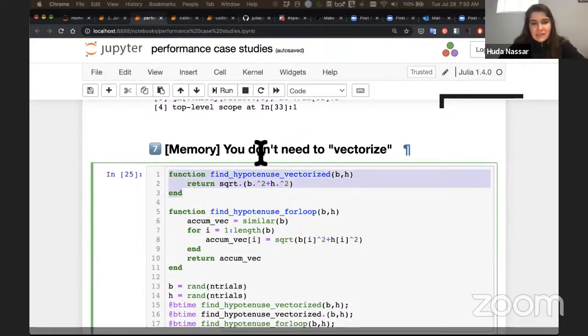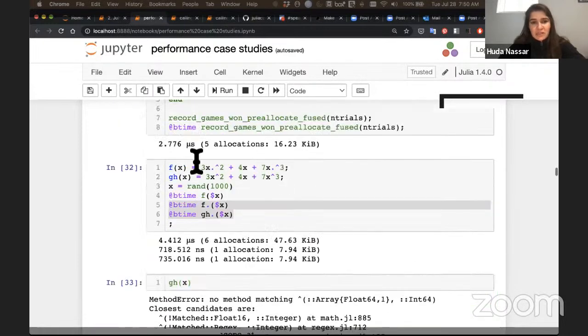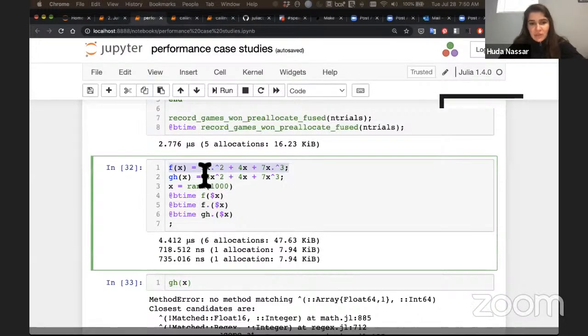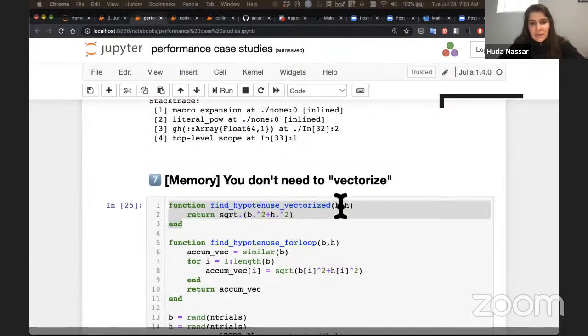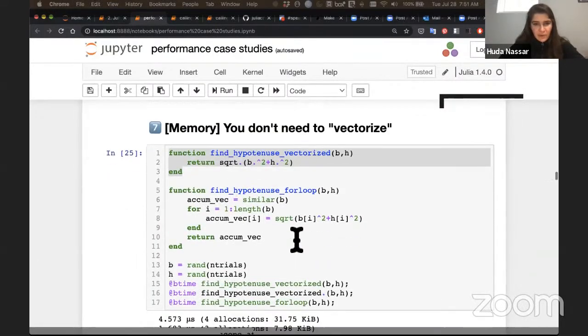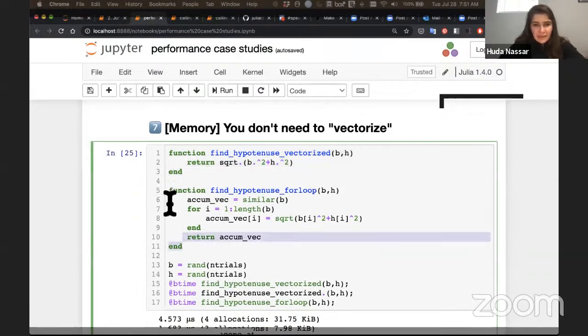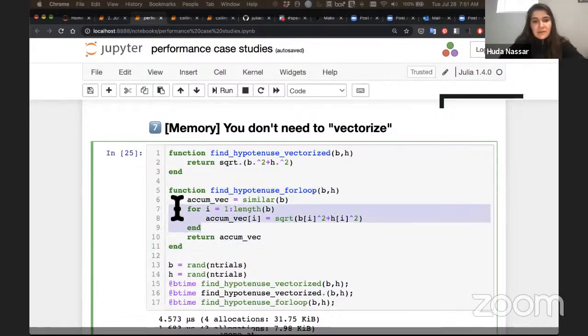What I'm doing here is actually similar to what I did in this f function, which I didn't recommend, where I said I'm just going to do the operation inside the function itself. So I'm taking b and h, raising b to the power 2 plus h to the power 2, and then taking a square root. And then I'm doing the same thing, except I'm doing a for loop. Really, all I'm doing in terms of difference here is accumulating everything in this pre-allocated vector,